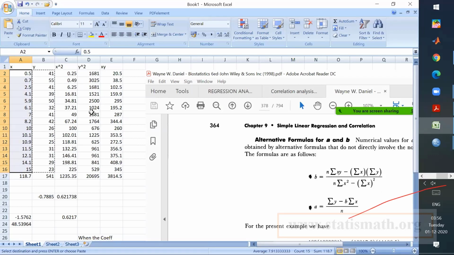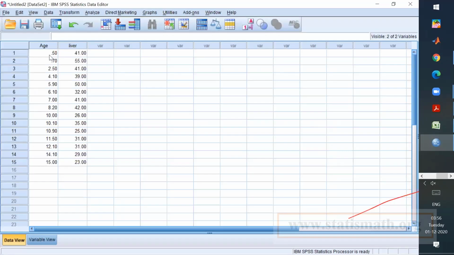Then press Control C, that's copy. Then go back here, click it, and press Control V. Control V. You getting it?